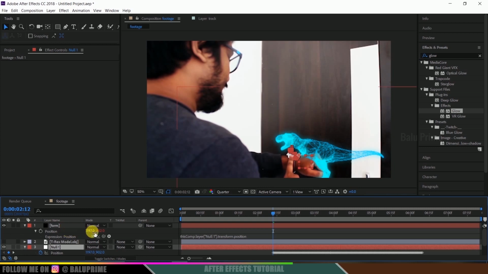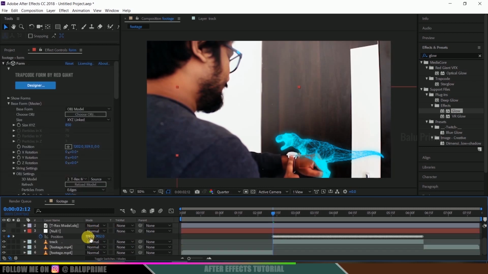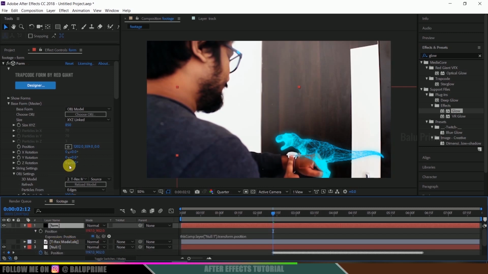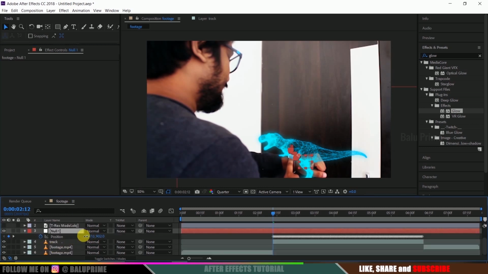Now let me adjust it once again. So let me adjust in the null layer. We can't adjust any further in the position of this form. So let me go to this null layer, select this null layer. But before changing the position of this null,